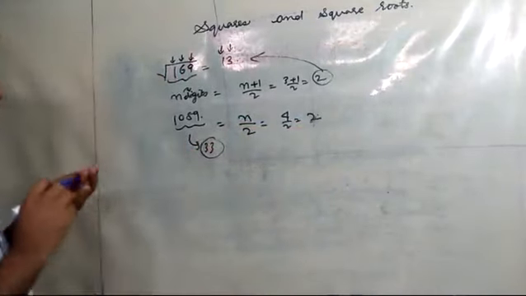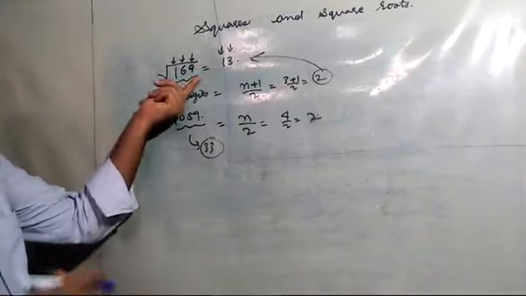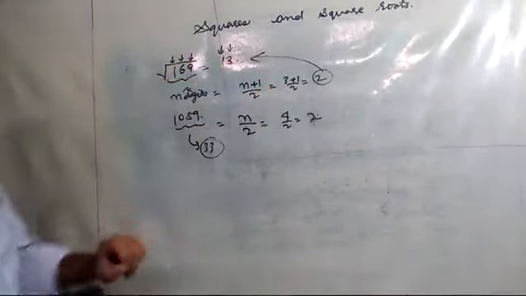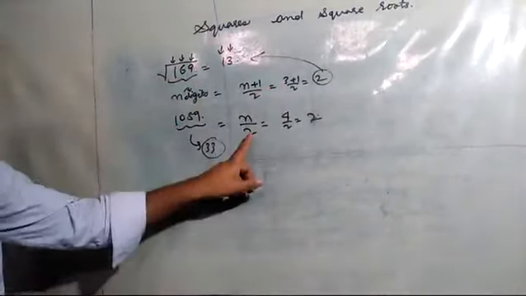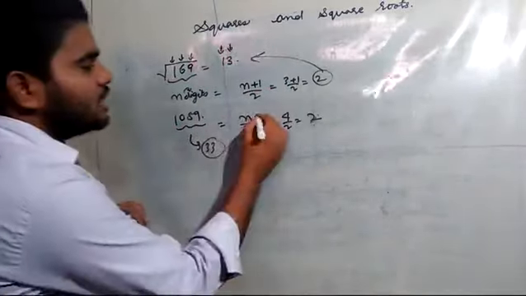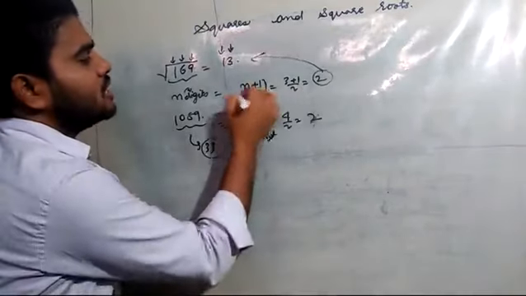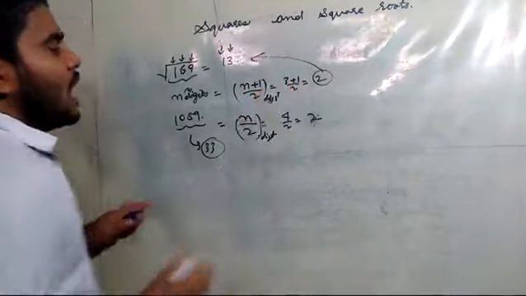Do you remember? So if we have an odd number of digits, then the number of digits in the root will be n plus 1 by 2. If we have an even number of digits, then we have to find n by 2 digits. That means 2 digits will come. These are the digit positions. How many digits here? I hope it is clear.